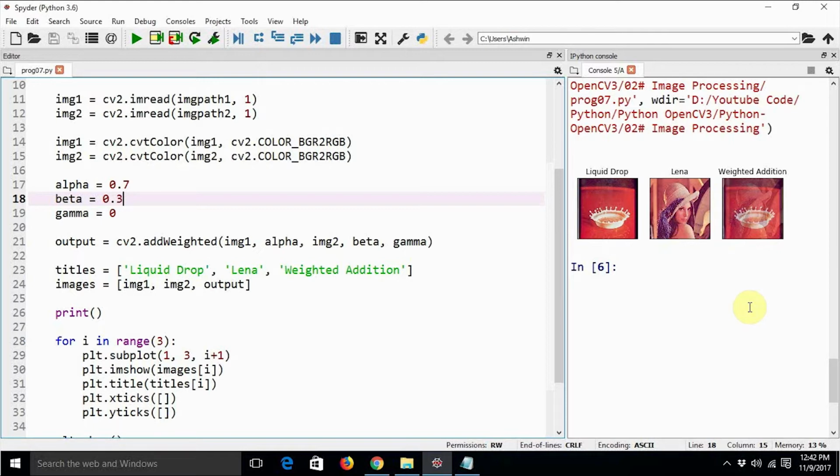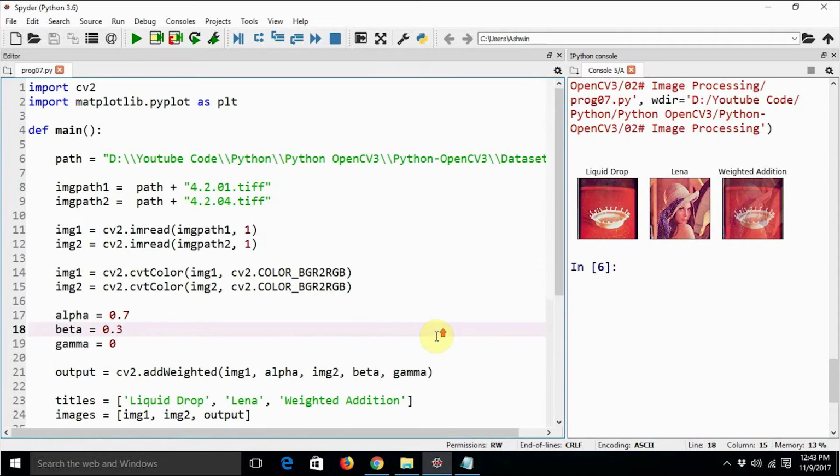Now I was wondering what will happen if I could change the values of alpha and beta in a programmatic fashion, and successively show those frames in a series. We will get a very nice transition effect, correct? So let's try that transition effect code in OpenCV. In order to show the transition effect, Matplotlib might not be a great choice.